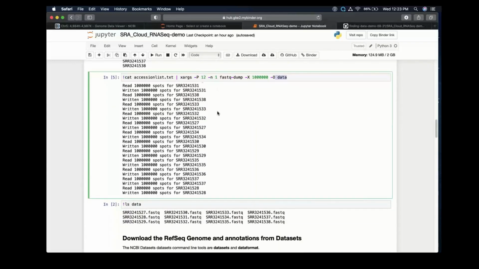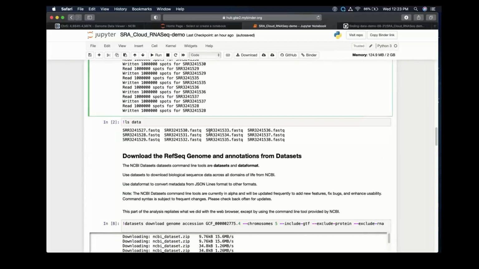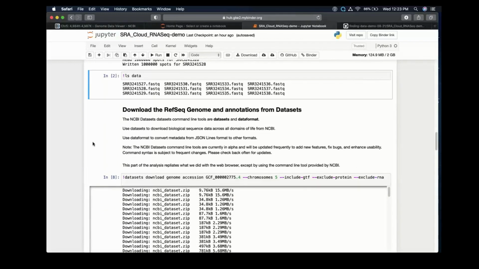It took about 3 minutes to run this command. And so after the command is finished running, I've got a nice little data folder filled with FASTQ files that are 1 million lines each. Okay. The next stage is going to go and get the